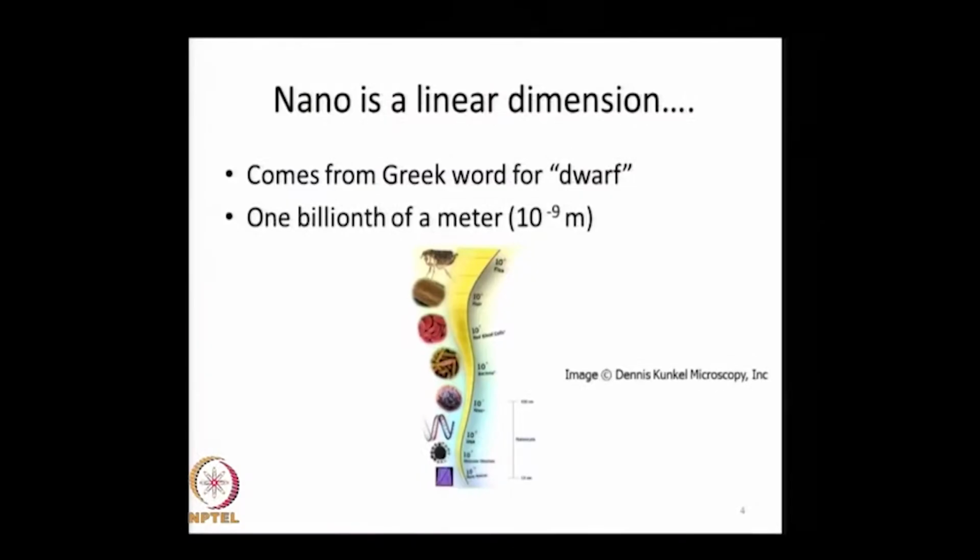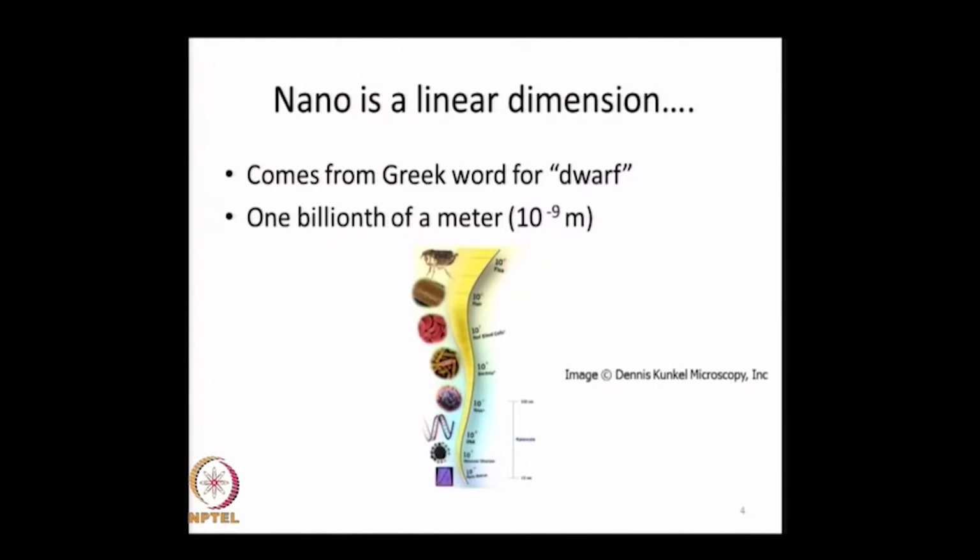But what is nano? It is a dimension. It is nothing more and nothing less. Nano is a linear dimension. It is actually derived from the Greek word for dwarf. So, clearly the connotation of small size is there, and it is 1/1000th of a meter or 10 to the power minus 9 meters. Now, just to give a perspective of what that is, if you look at various objects